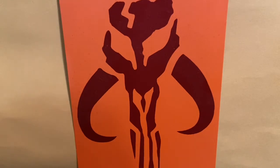So, I just thought I wanted to do something a little different, mix it up. And of course, we do have, as you can see, the mythosaur there from the Mandalorian culture. Although the character that I have today is not technically a Mandalorian, he's a chameleon. But since he's probably one of, if not the most popular character that represents their armor and everything, I wanted to do a little review on him. And here he is,